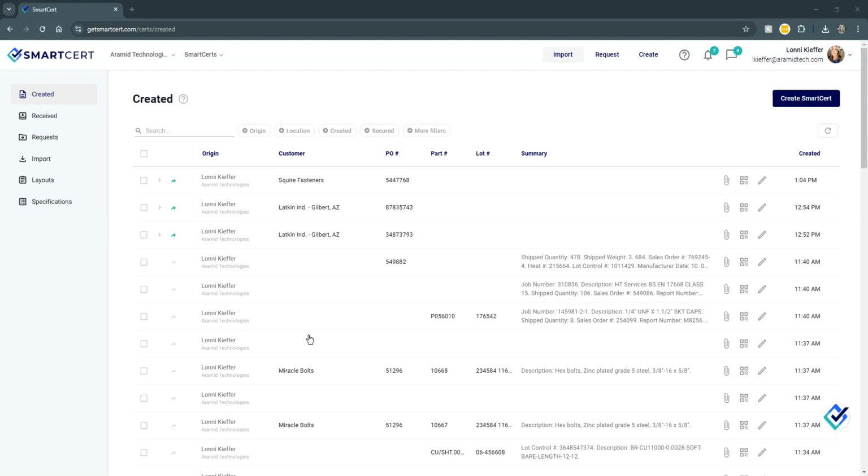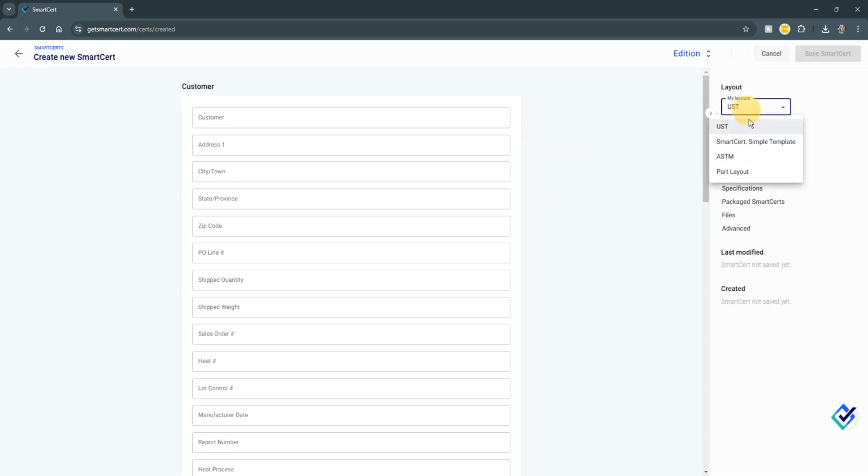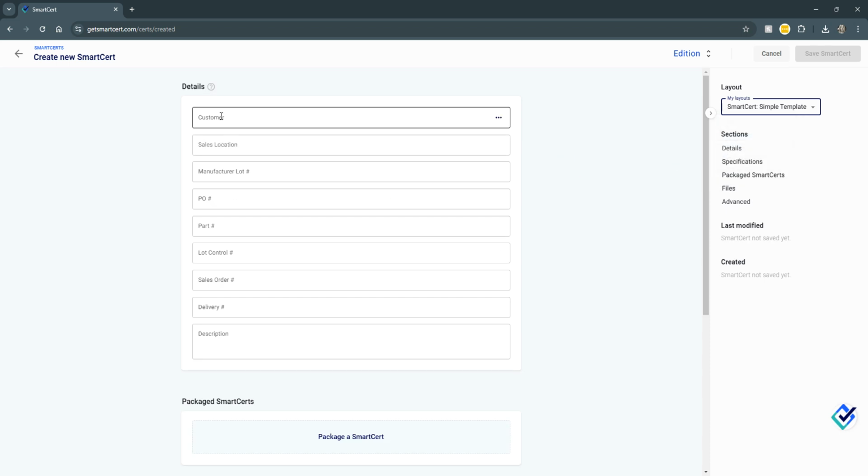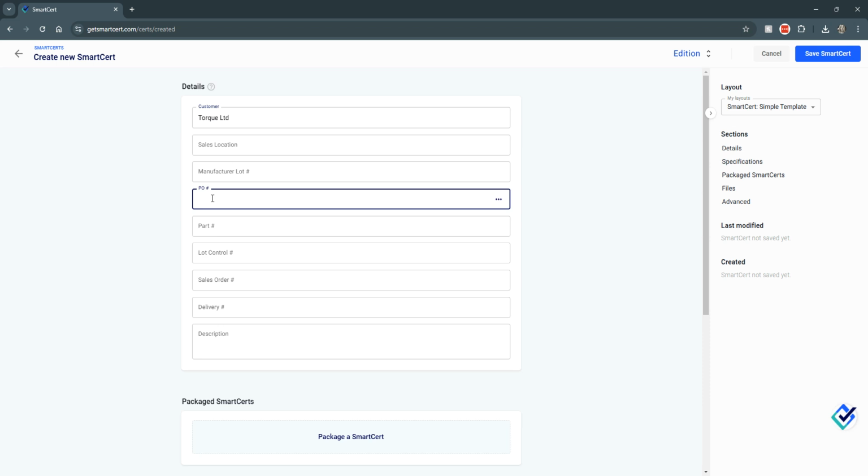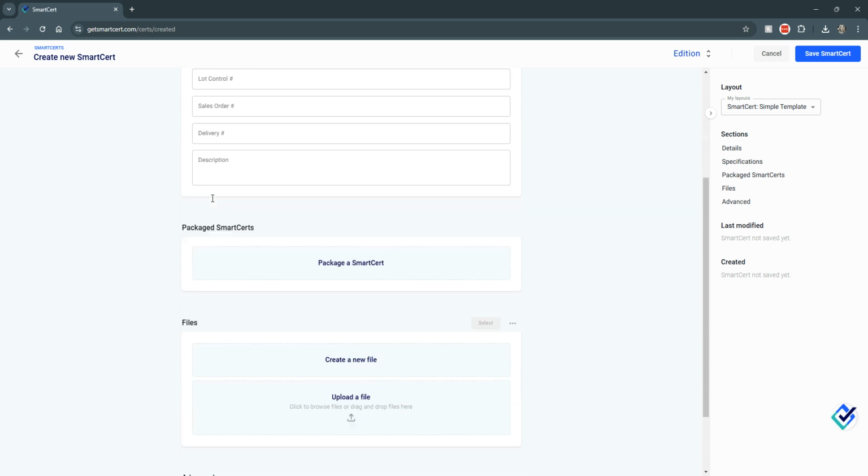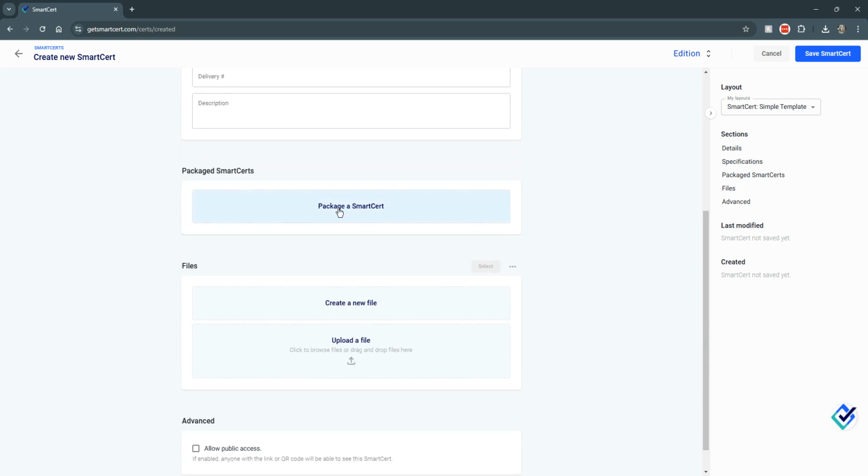When you're ready to send certs for an upcoming customer shipment, you can either search for a SmartCert that's already been created or create one for a shipment. When you start typing in your customer name and you don't see them on the network, you can keep the name in the customer field, reference the PO, and then scroll down to add cert packages for the line items